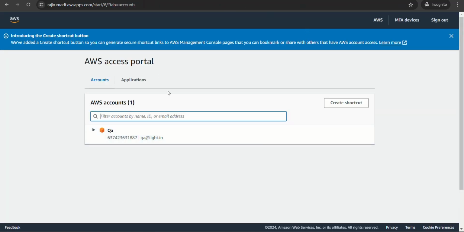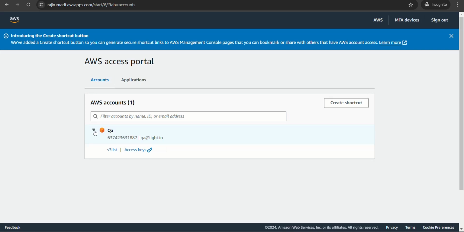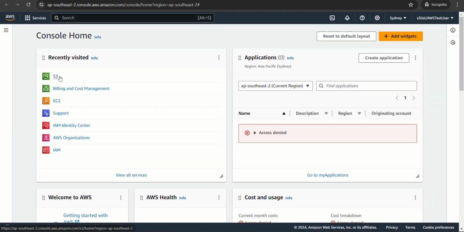Now I logged in as a test user. I have access to only the QA account because I logged in as a test user. Click on this S3 list. Now I'm able to log into my QA account as a test user. If I click on S3,